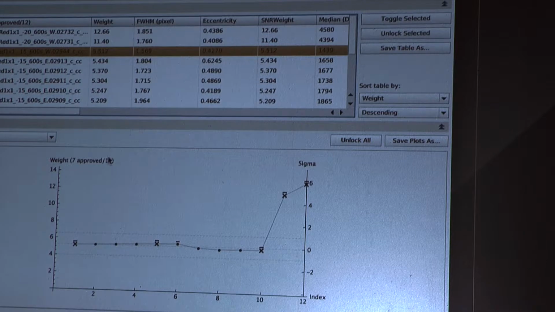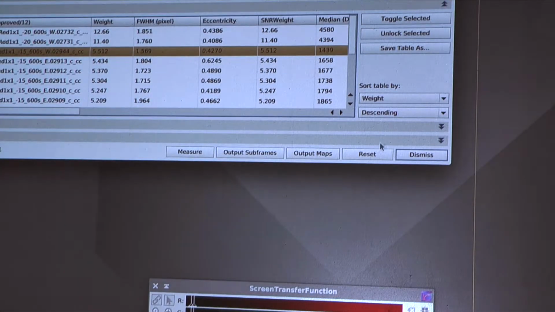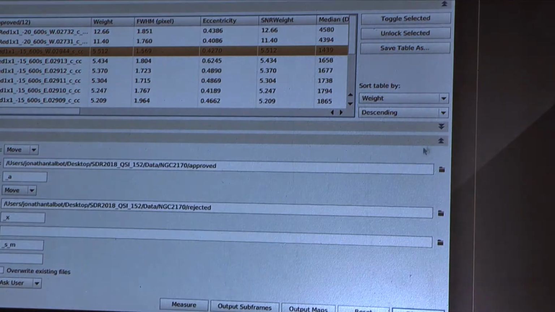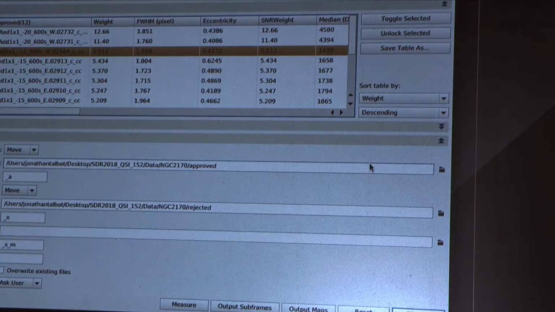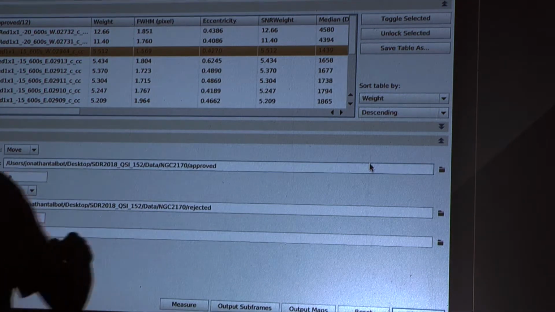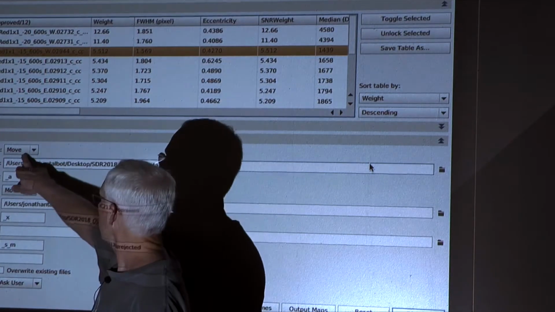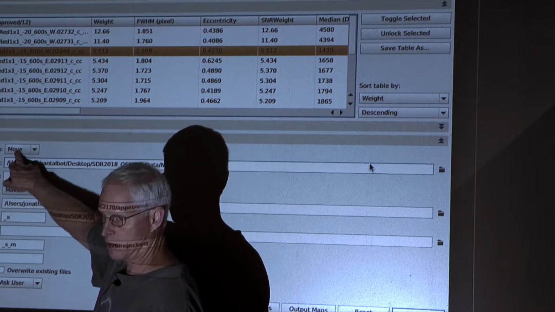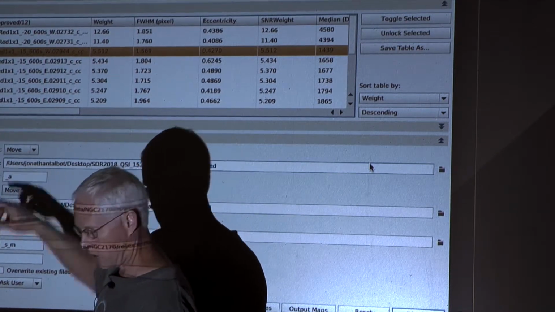All right, so we've selected all our good images, right? So now, just go down here. I need some more space, so I close that window, and I click on this little output window here. Not the output subframe button. Don't click there yet. Click on this little window here. All right? And this pulls up another window, and here in the approved action, you want to select move,